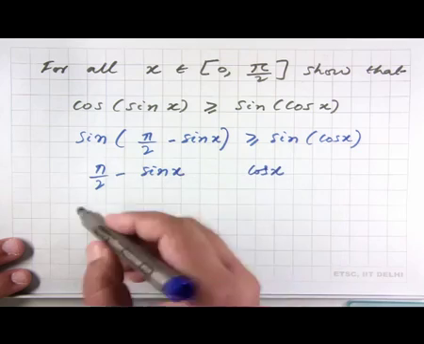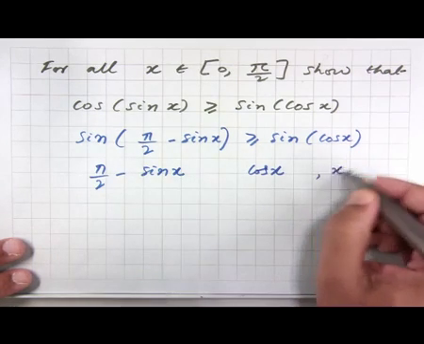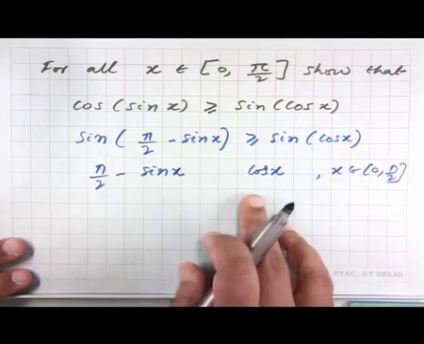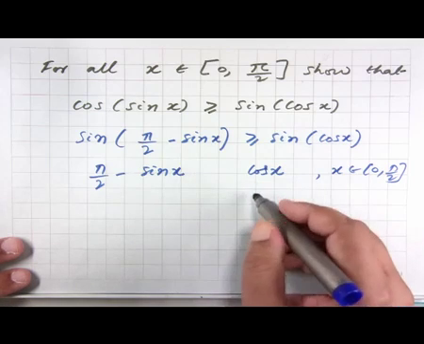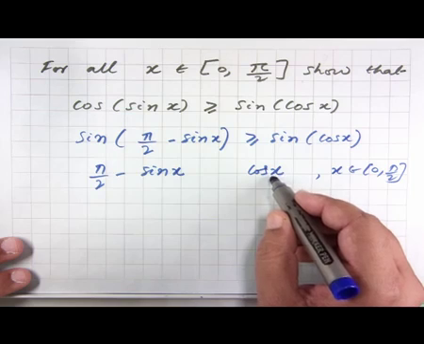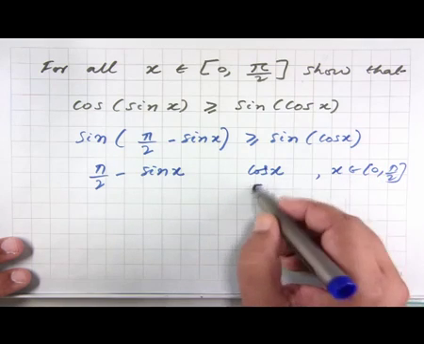So, let us examine these two terms for x belonging to 0 to pi by 2. Of course, when x belongs to 0 to pi by 2, cos x will be between, at x equal to 0 it will be 1, and at x equal to pi by 2 it is 0. So, it is going to be between 0 and 1,